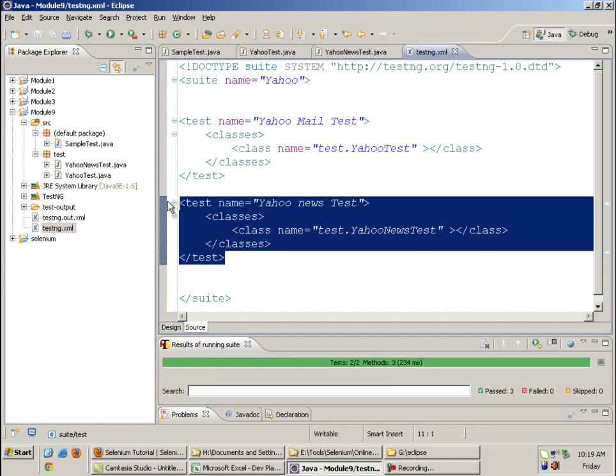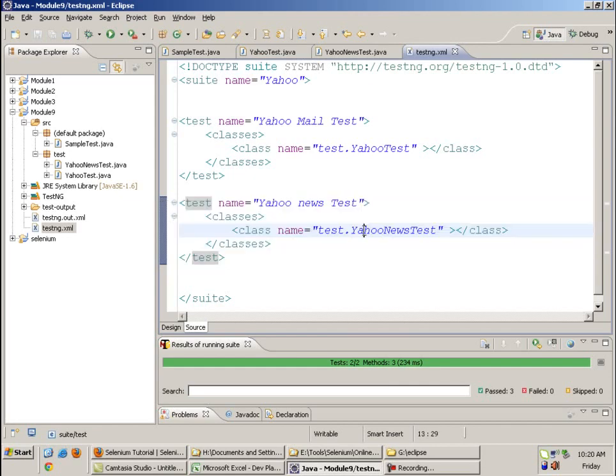Okay, so it will become a very difficult task if you are having 100 test cases, and suppose in the morning you have to execute 50, in the afternoon you have to execute 25, something like that. So you just cannot change your testng.xml every time. It will be a tiresome thing, right? So what you do is, in Yahoo news test,